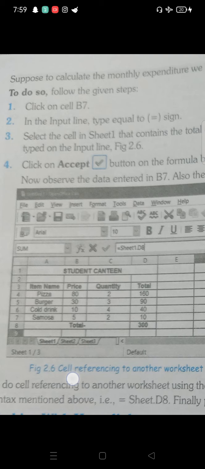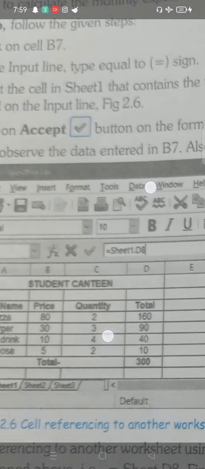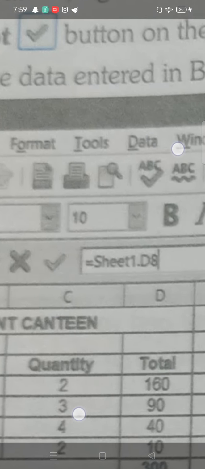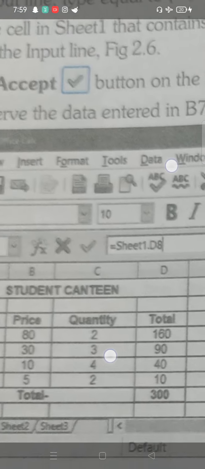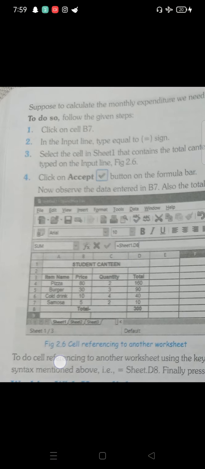Click on the accept button on the formula bar. You have to click exactly on the accept button of the formula. You have to tick that particular option of the formula bar to apply the formula Sheet1.D8. Now observe the data entered in B7. The data you will be able to see in B7 is 300.